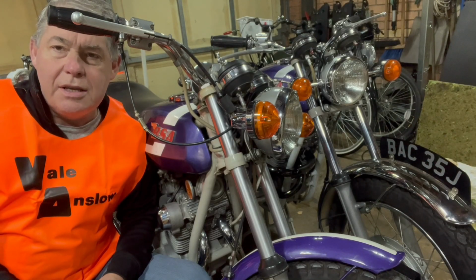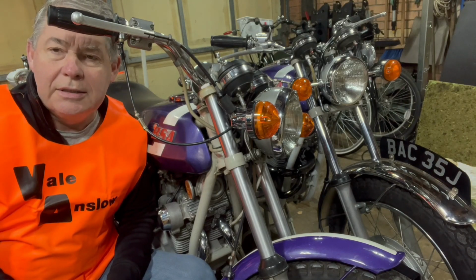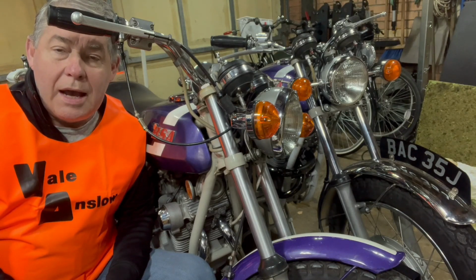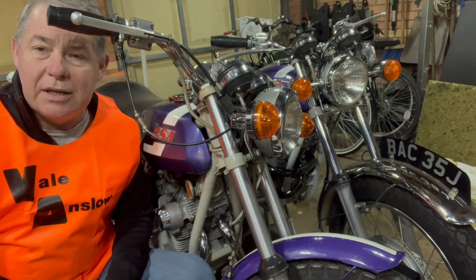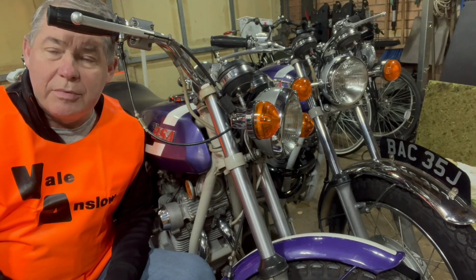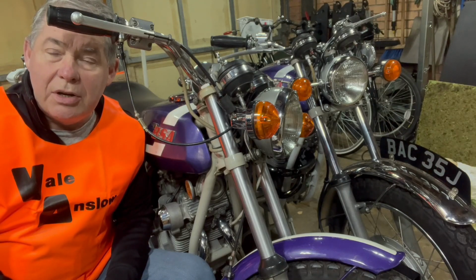It's Thursday the 16th of November 2023 and it's a few days after the NEC Classic Motor Show at the NEC, funnily enough. It's been a very busy weekend, and a lot of the time it's wearing the old high-vis jackets, which I haven't got out of the habit of doing yet, as you can see. But it was a very successful weekend, lots of interest with the power set on the BSA Owners Club stand,